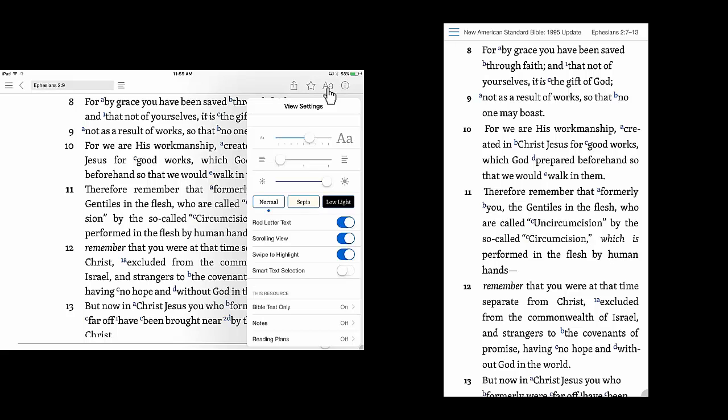Let's go ahead to the next item by tapping on the large A, little a. Now most of the items in this menu are pretty self-explanatory. You can change the font size, the paragraph formatting, the brightness, the color of the books, turning red letter on and off. But there's one particular item I want to point out, and that is